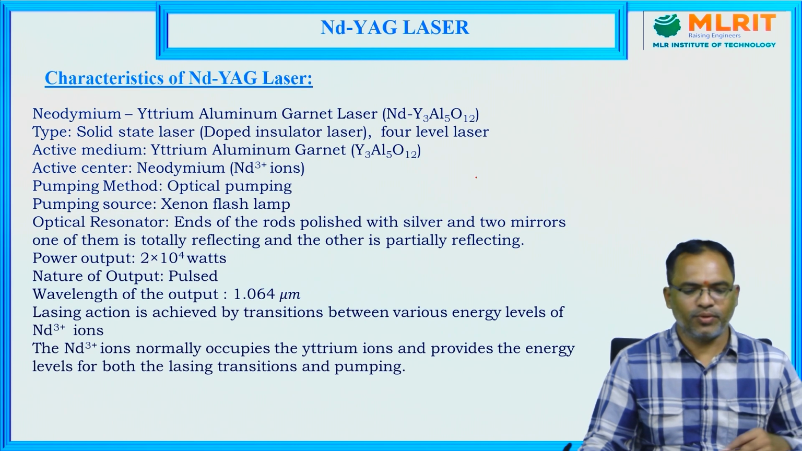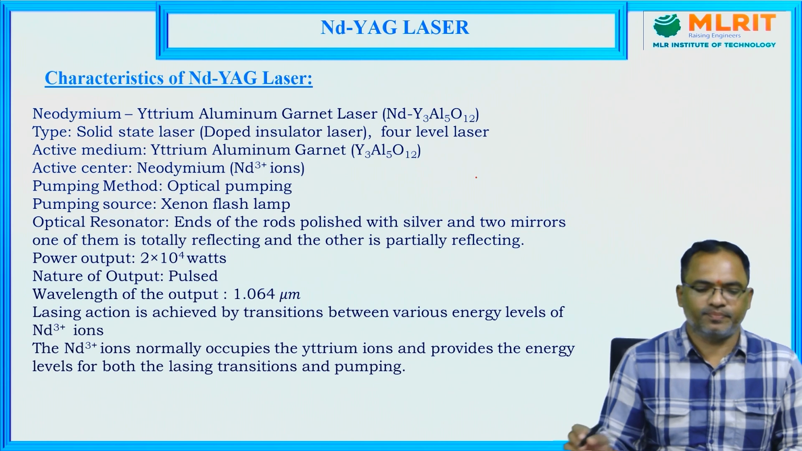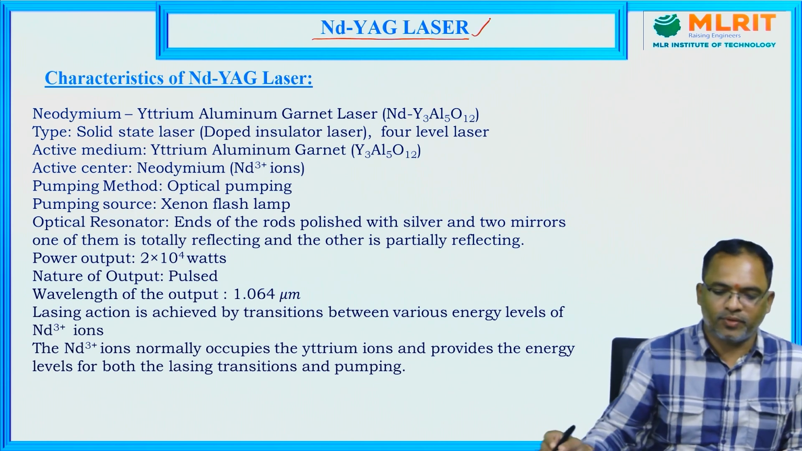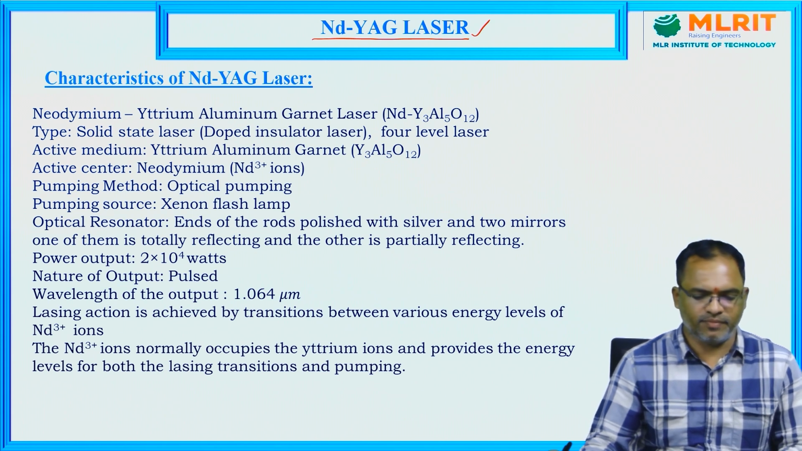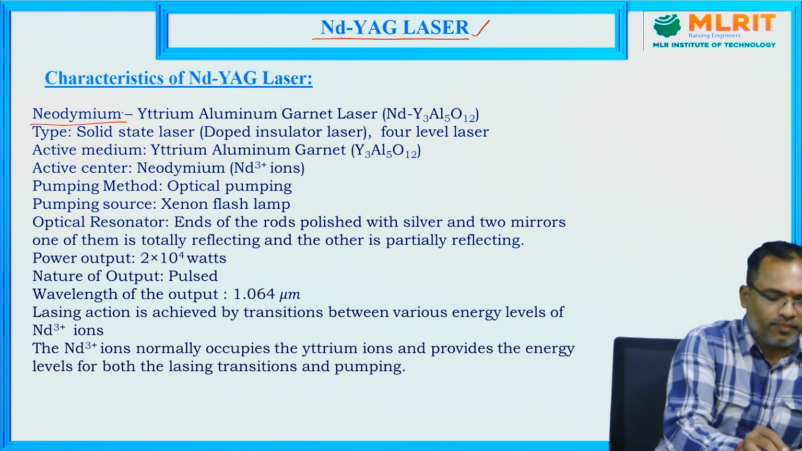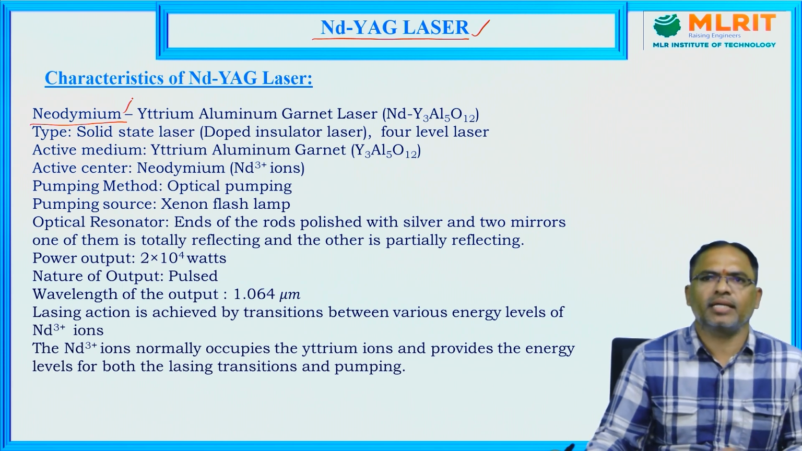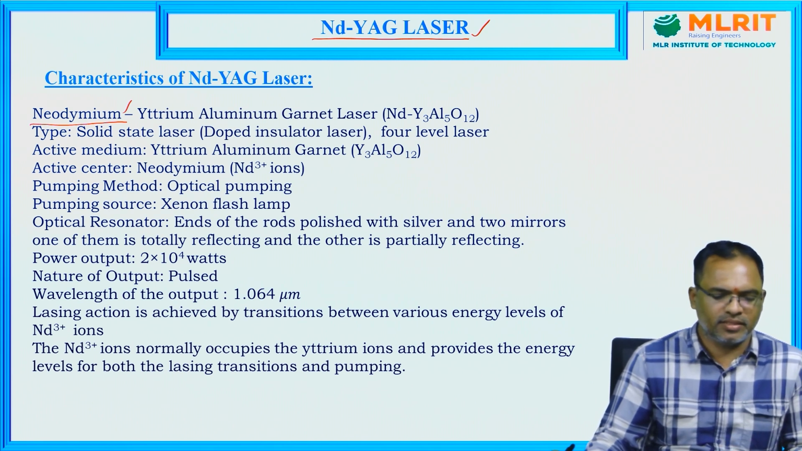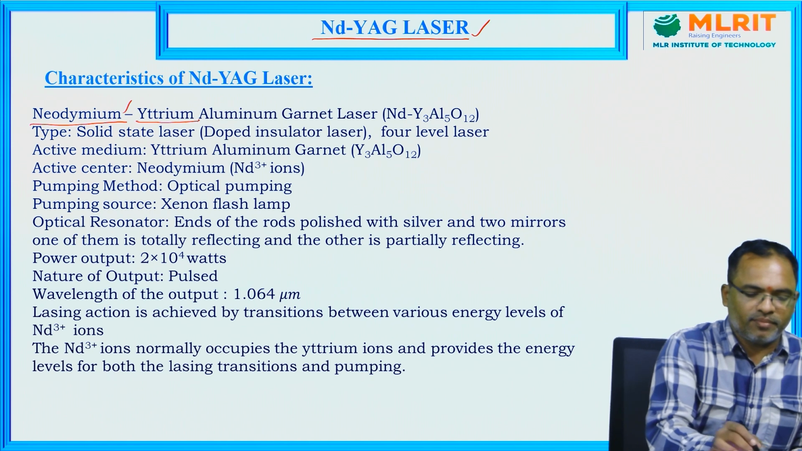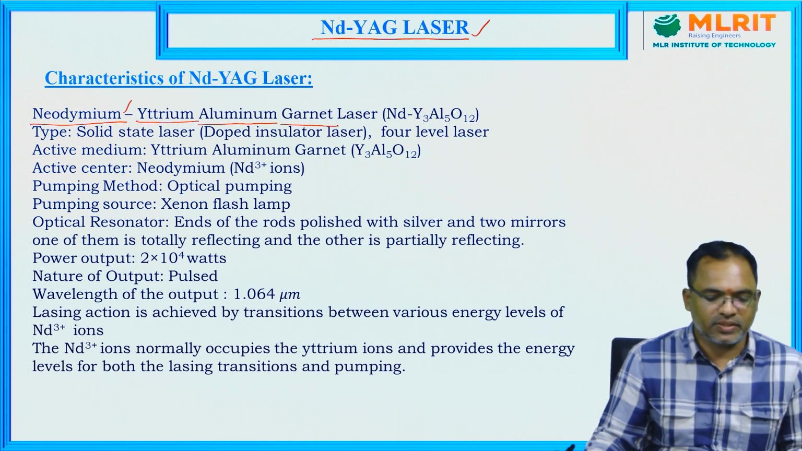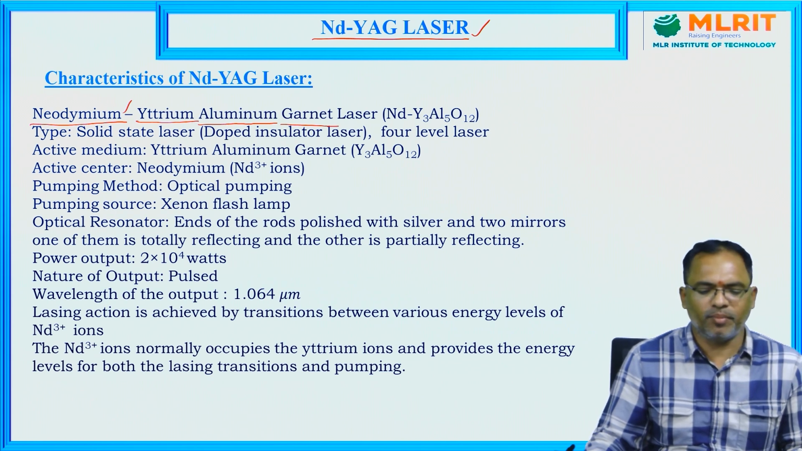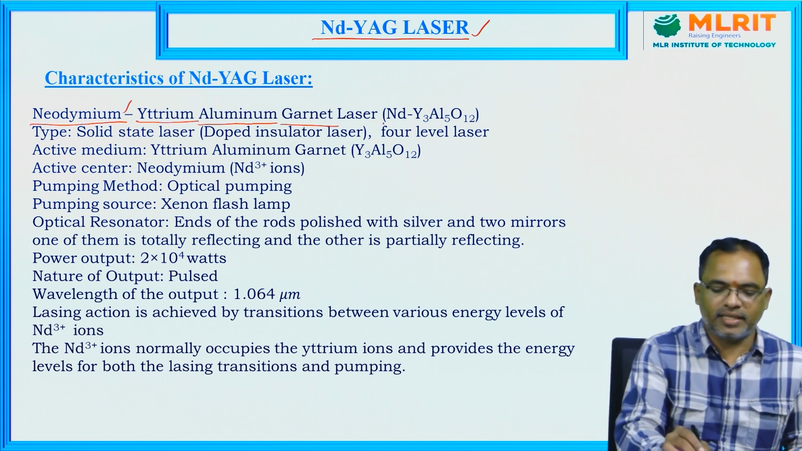Now we are going to discuss the ND-YAG laser. Our main topic of today's session is the ND-YAG laser. What is the full form of ND-YAG? Here ND stands for neodymium. Neodymium is a rare earth element whose reactivity is very high, so that's why it is used here. Y stands for yttrium, A stands for aluminium, and G stands for garnet. So the ND-YAG laser is called the neodymium yttrium aluminium garnet laser, and chemically it is written like this: